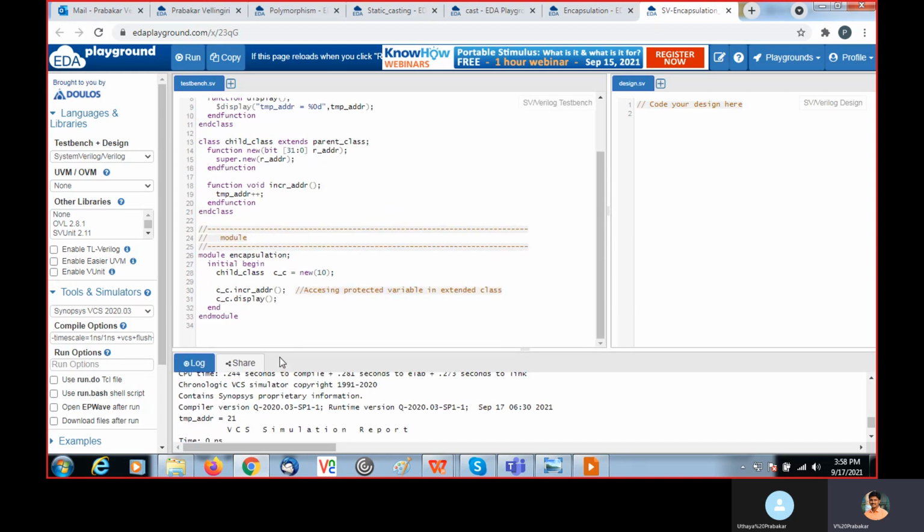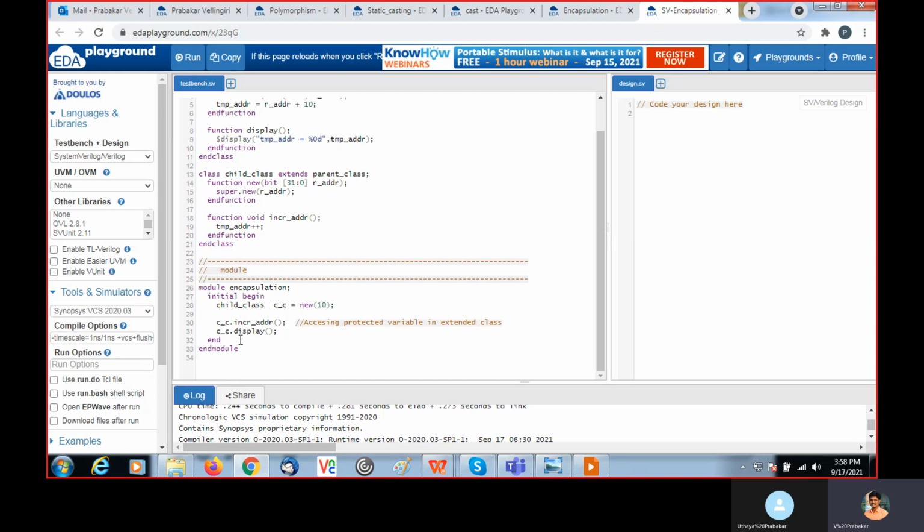Now see here, from the module I try to access the temp address. Temp address is declared as protected. I try to access that from the module, I try to display.